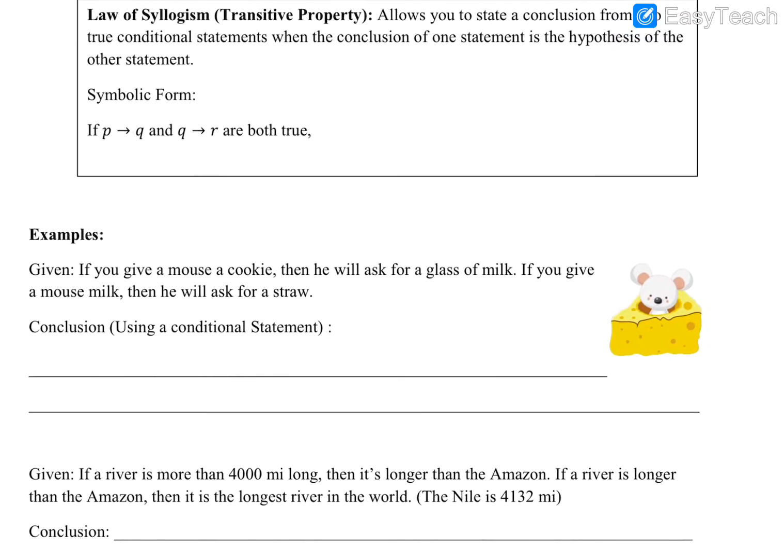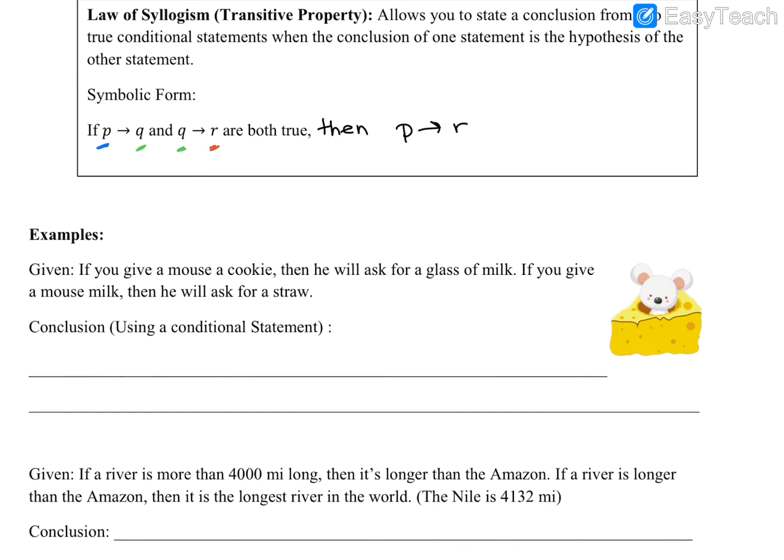Okay. It says that it allows you to state a conclusion from two conditional statements when the conclusion of one statement is the hypothesis of another statement. So the symbolic form says if we have P and it implies Q, and then you have Q happen and it implies R, and both are true, then what we can conclude